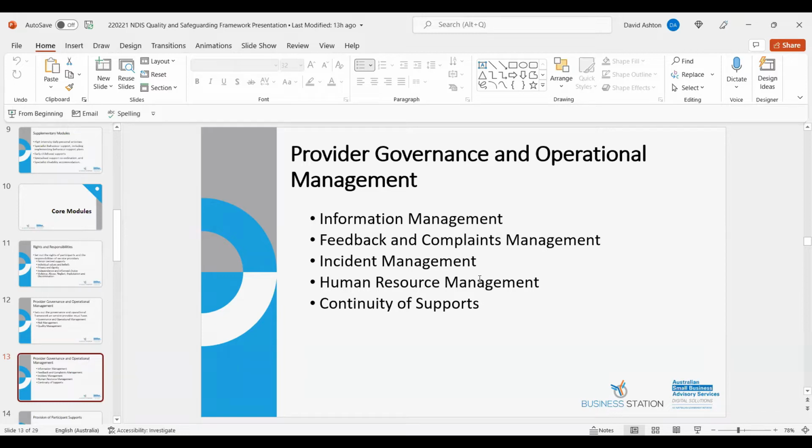So some of your employees are obviously going to be administration based, others are going to be direct providers of service to your clients. So continuity of support. So a client is assigned a particular support worker. That support worker leaves your employment. You need to ensure the continuity of the support to that client. So, look at succession plans, business continuity plans, those types of things you need to have in place, arrangements to ensure support is provided to the participant without interruption.